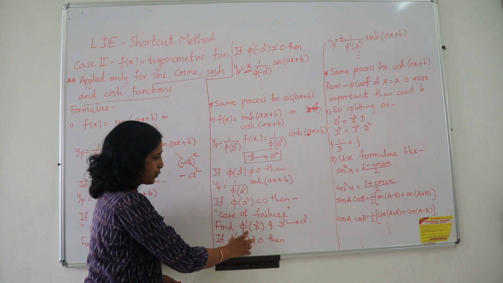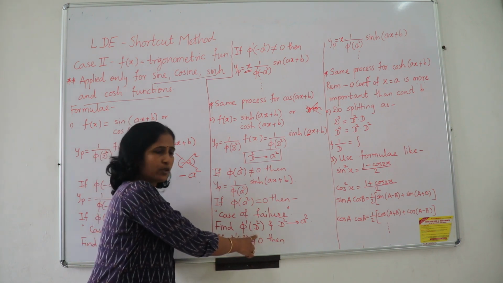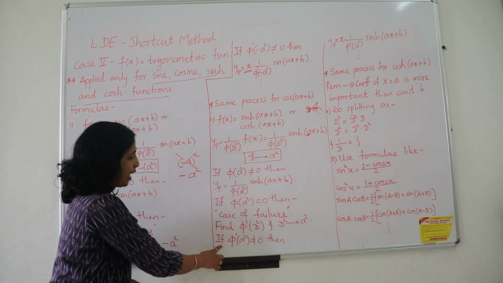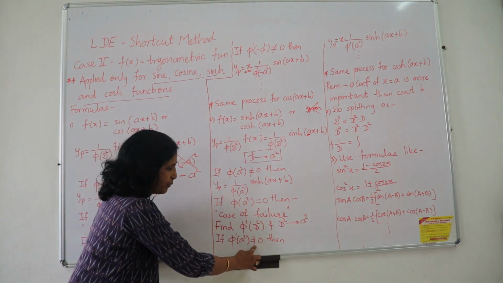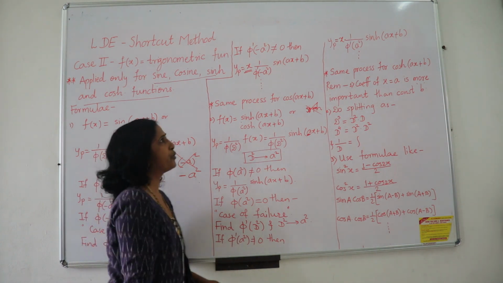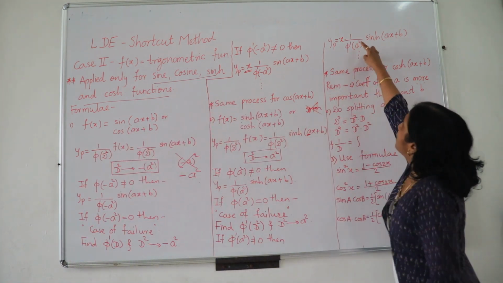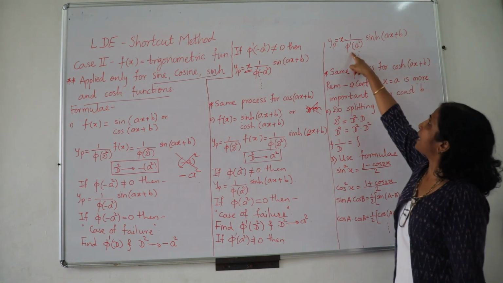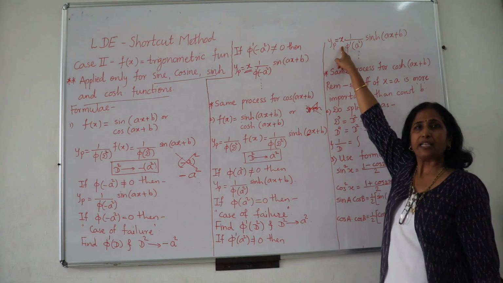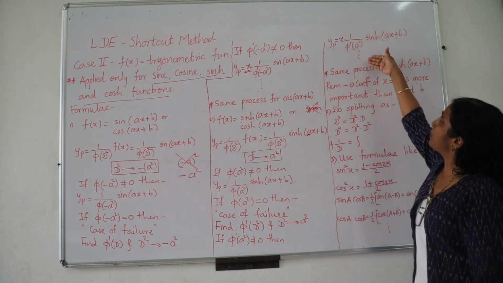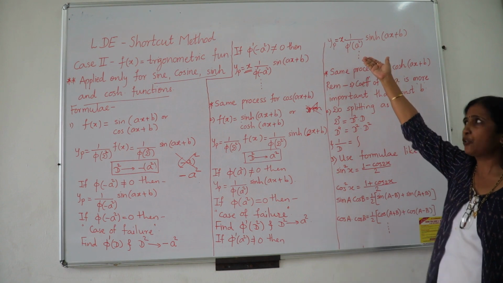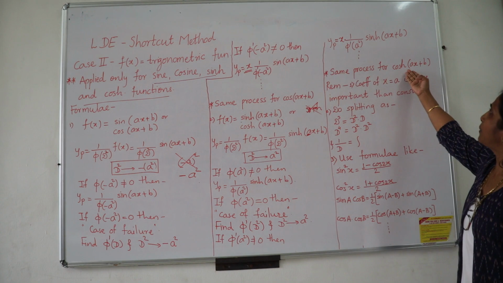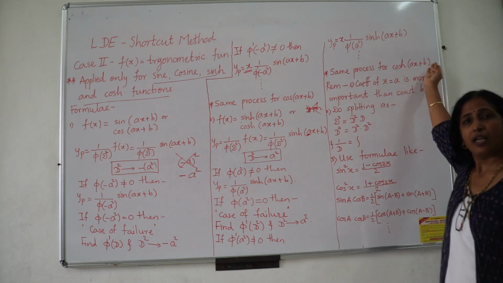Then again by our process, we have to calculate phi dash, the first order derivative. D square is replaced by a square. This is the rule applied here. If the first derivative value after replacing a square is not equal to 0, we get our answer 1 upon phi dash(a square). The sine hyperbolic function remains as it is, and at the cost of the derivative you have to multiply by x. This process will continue till the denominator becomes non-zero. All of you note once again, the same process is applicable for the cos hyperbolic function cosh(ax+b).